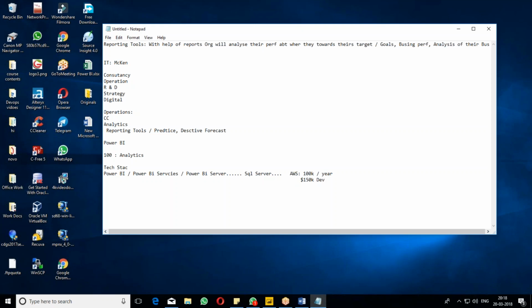And next, what about the support, the report support, everything? For that I'm going to charge an additional 200K per year. So like that, they take each and every client, what technical stacks we are using to develop that report, what services we have provided, and what is the total cost of it. Assume that every year out of these 100 clients, we got